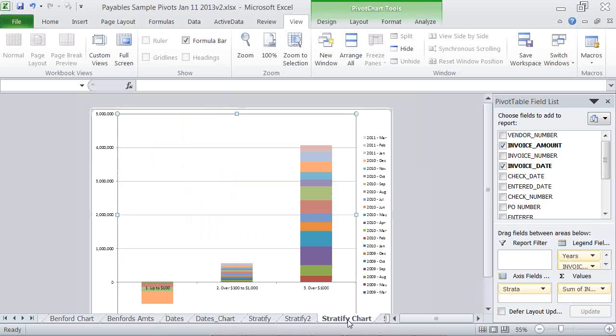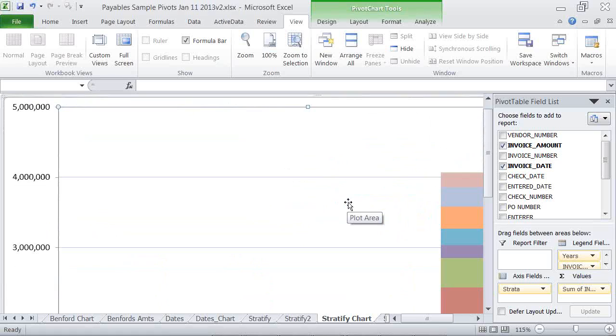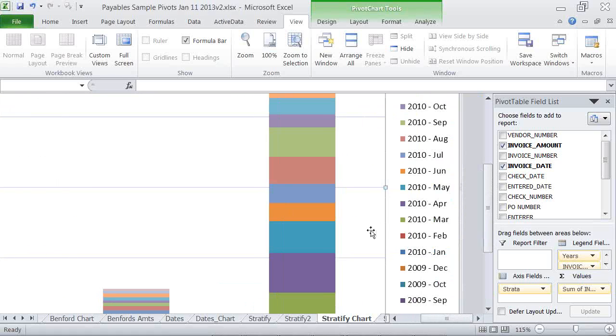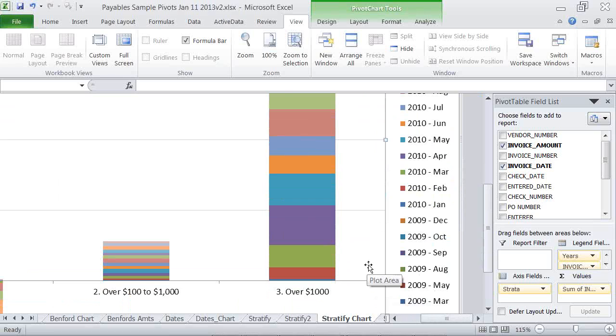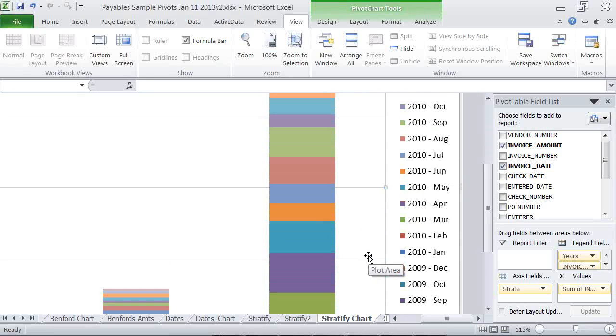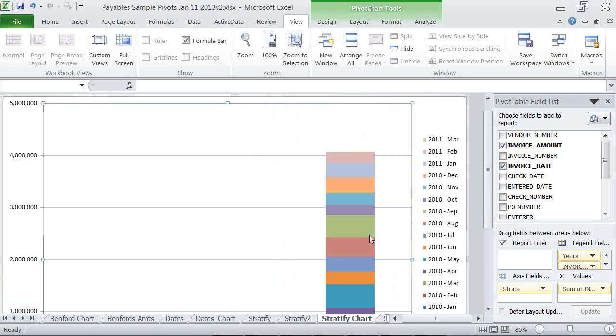This is still hard to read but getting a little bit better. You can identify certain months by looking at the actual bars within the columns. Looking at the larger ones, September 2009, I think that is, and that does look quite big. Some other ones look kind of small, etc. So that's kind of useful.